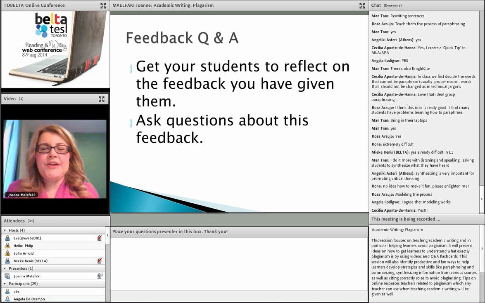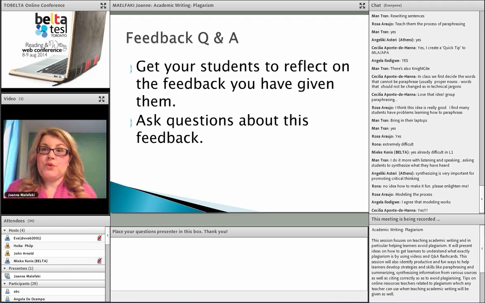So say your learner has difficulty in the text they have submitted with paraphrasing. You can give some comments about things the learner can do to improve. So you could write in your comments page, I think you need to use different structures. Maybe you need to find synonyms. You need to rewrite some of the sentences. And then on the next page, on your Q&A page, you could ask your learner, so how can you paraphrase